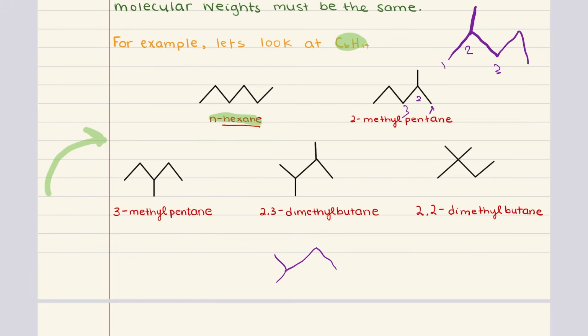If we wanted to place one of the methyl groups on carbon 2 and the other on carbon 3, then we would get 2,3-dimethylbutane. So now we have a total of 5 unique structures that all have the same molecular formula,